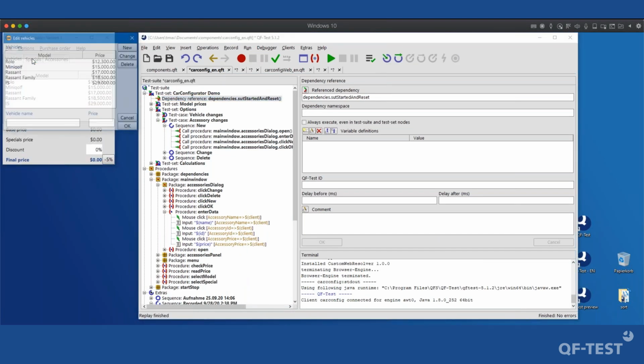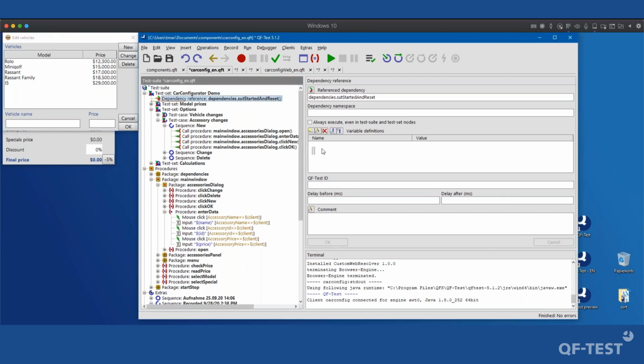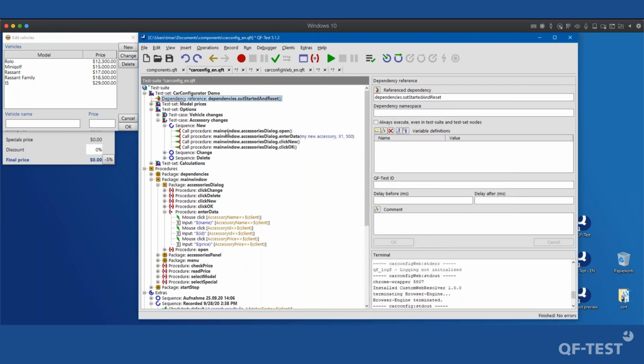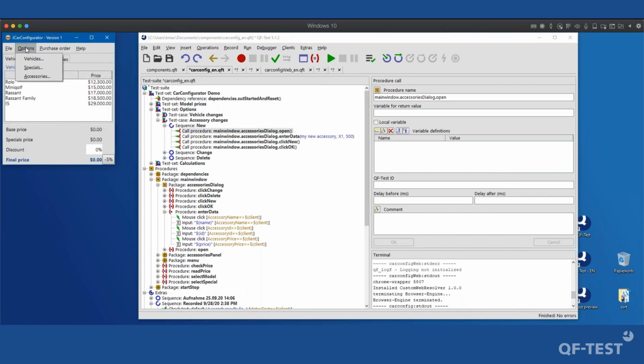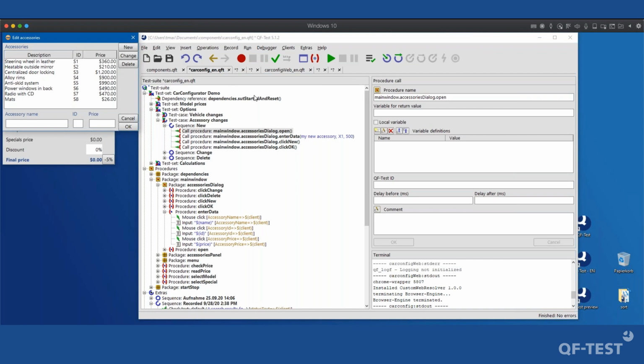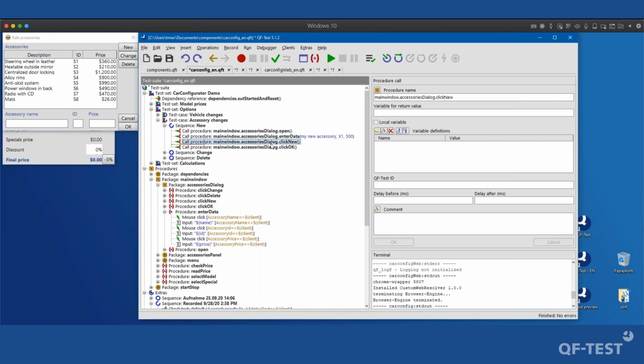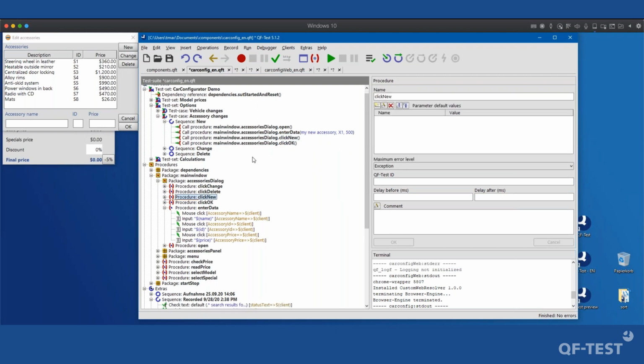So let's say we have here our vehicles dialog, and in this dialog we have a new button, a change button, a delete button, a cancel, and an OK button. And if you look in my test case in here, I have the wrong dialog, I have the accessories dialog, but it's no difference. I have a procedure called click new, and a procedure called click OK. And if you look into this one,